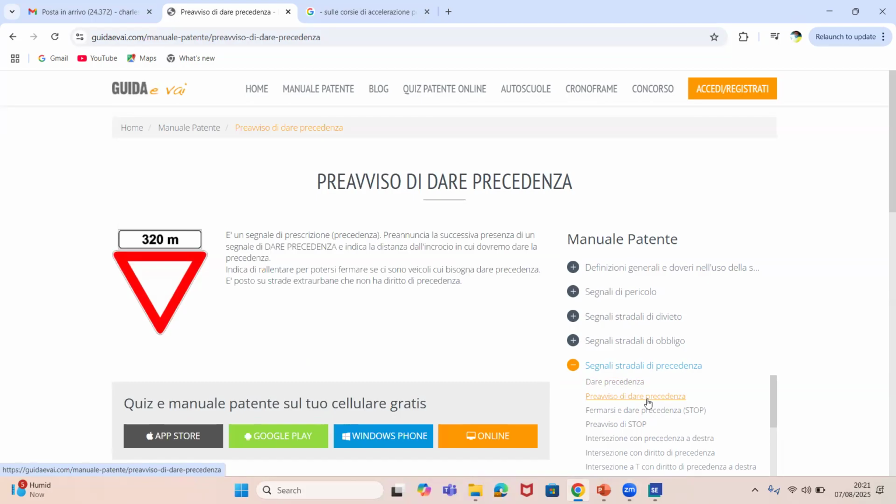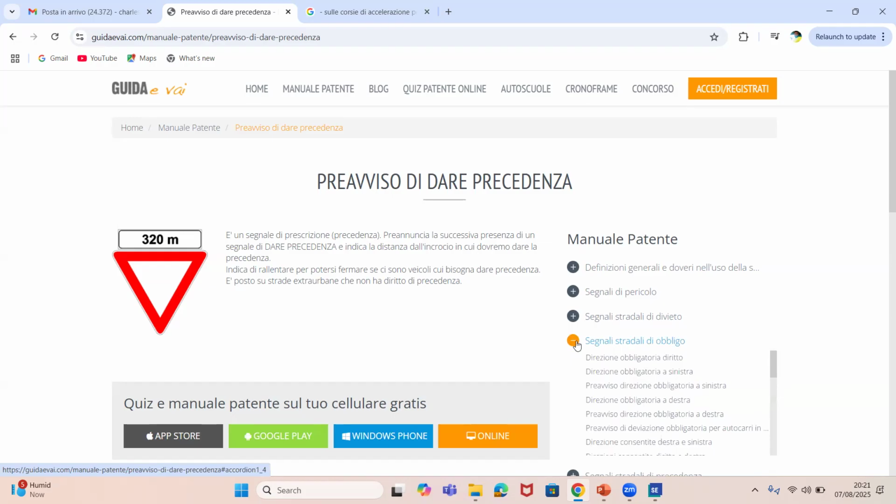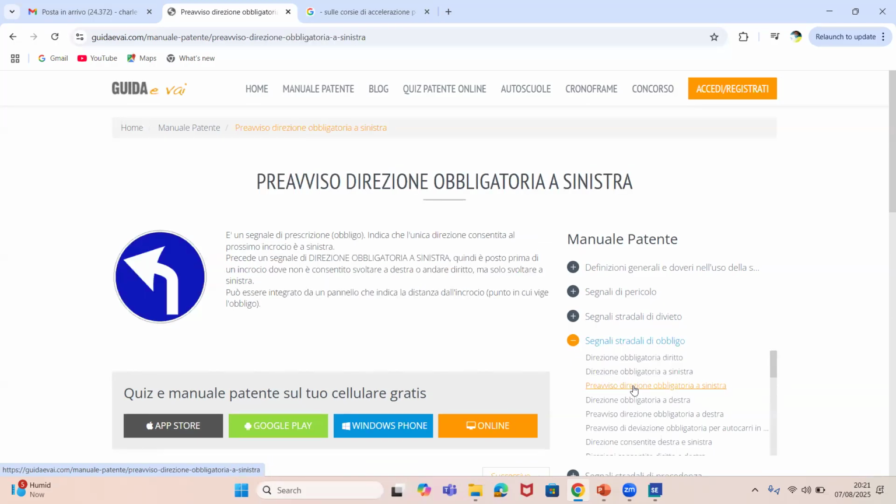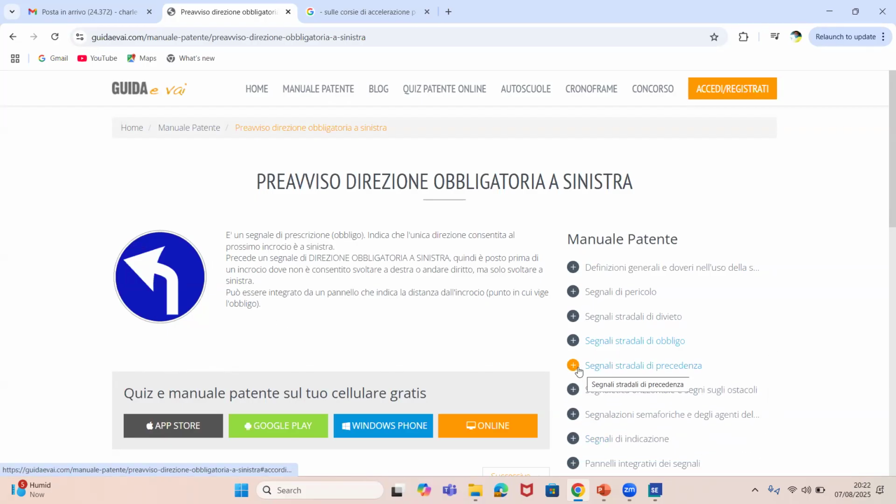Okay. Preavviso di dare precedenza. The picture I was showing you guys before. That means if you apply the same knowledge as when I taught you guys about obligo, let me show you. See him. It works like this same guy. You first of all see this guy. Now when you go front, you will see that thing in the front. It works like this same guy. Is it clear now? Which I taught you guys the other time. Now, let's go back.